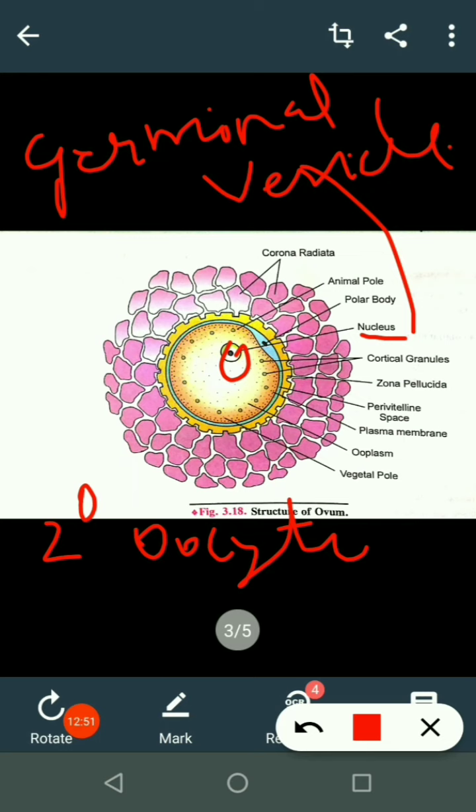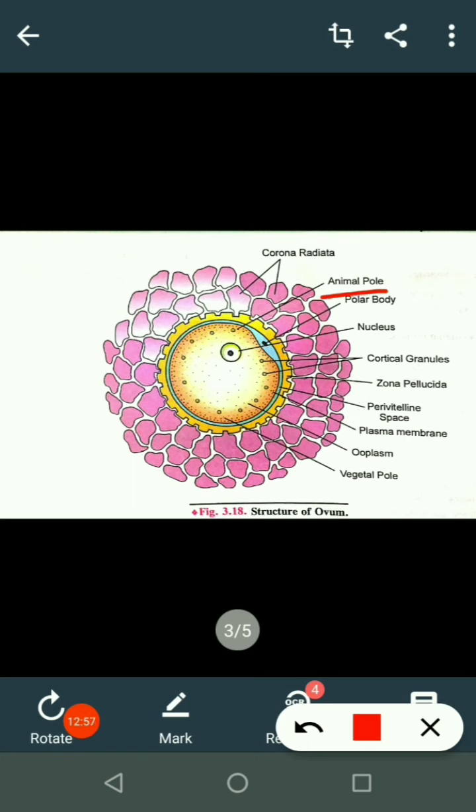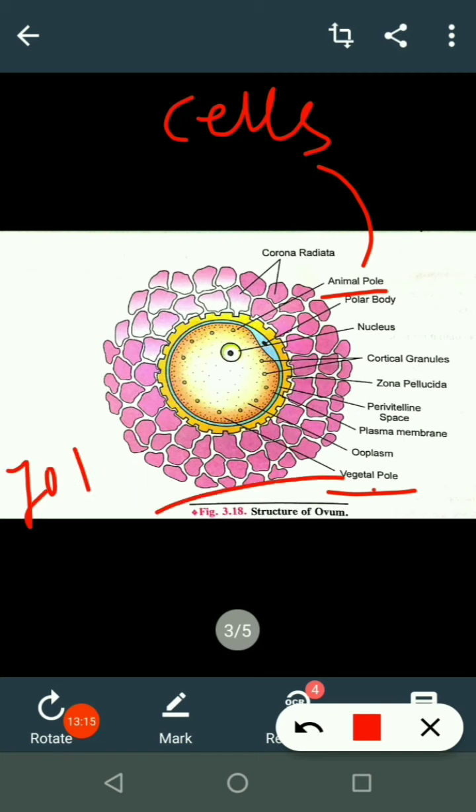Now the egg has two polarities. Can you see? It is written animal pole and vegetal pole. What does it mean? The animal pole has no yolk, and the cells here divide rapidly. So they are very small cells and they divide rapidly, whereas the vegetal pole has a little bit of yolk. These yolk cells are very bulgy, meaning they are large in size, and they divide very slowly as compared to the animal pole cells. So this is how the egg is divided into two polarities, animal pole and vegetal pole.